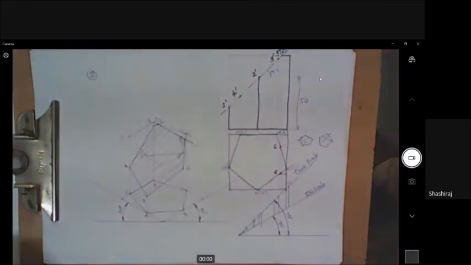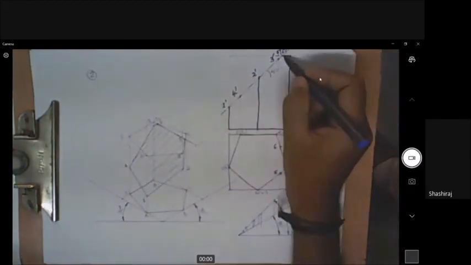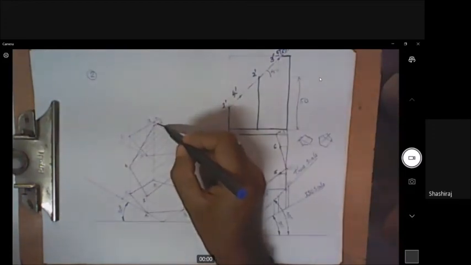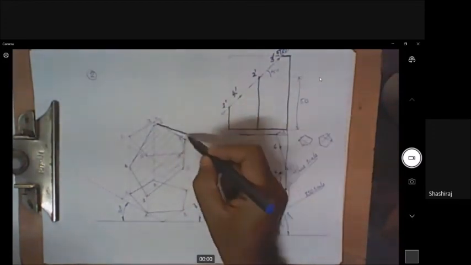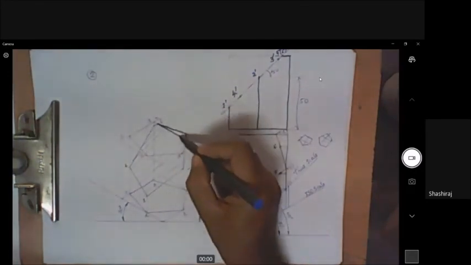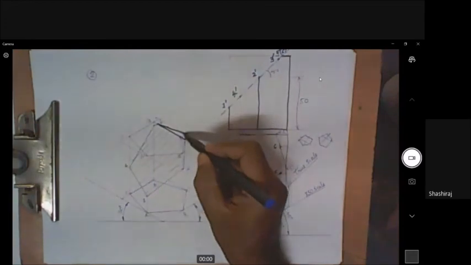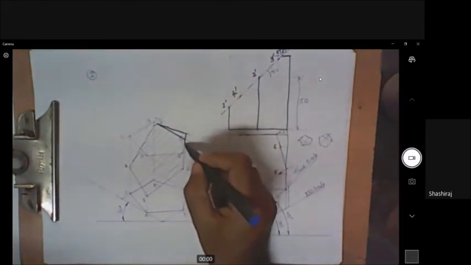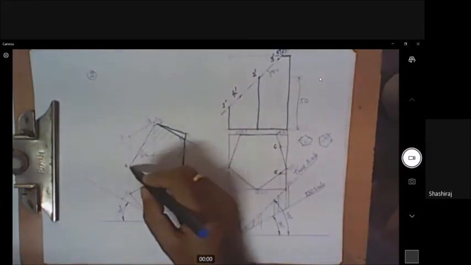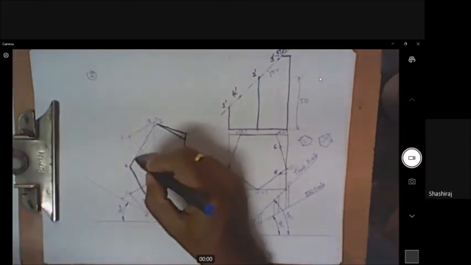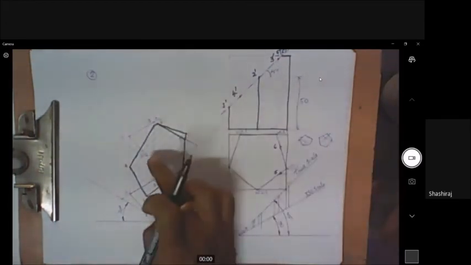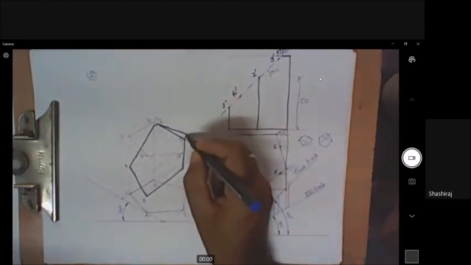You start marking the visible lines. See, top face is not cut fully. There is a small portion here which is not cut fully. That is here. This edge, and a portion of the edge here. So this is the remaining portion of the top face. And this is a cut surface. All 6 points you can darken. They should be completely visible. This is the cut face, and remaining lines, this should be visible.